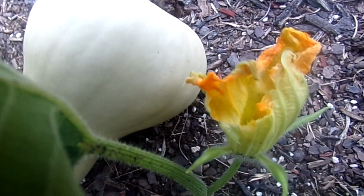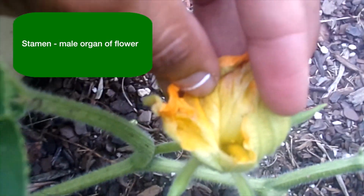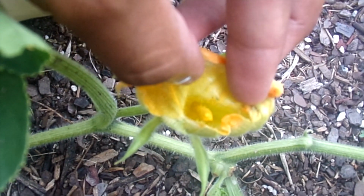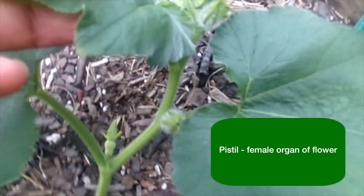Along with the help from bumblebees, you can self-pollinate your butternut squash by getting a Q-tip and rubbing alongside the stamen of the male flower to collect the pollen. And once your female flowers are open and ready, you can rub the pollen that you collected onto the pistil